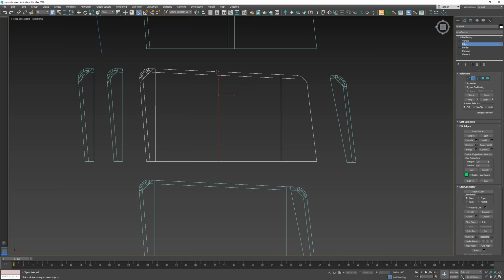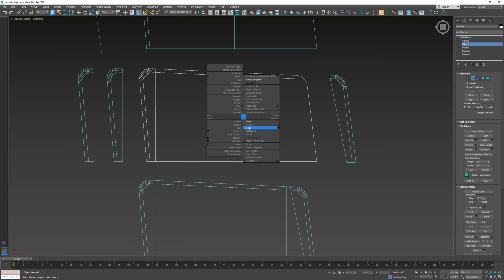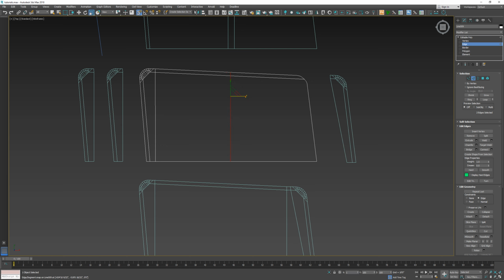So I'll make this connection. That's a bad example. Let me get rid of that and re-demonstrate what I was trying to show. So if we make a connection across this mesh right now, like a new edge loop, you can see it's not going to be straight. So just turn on your edge constraint, and then with the scale active and set to the center mode, just go ahead and push that all the way straight